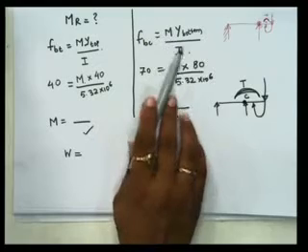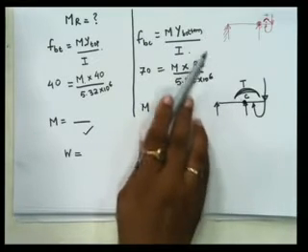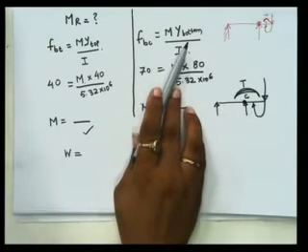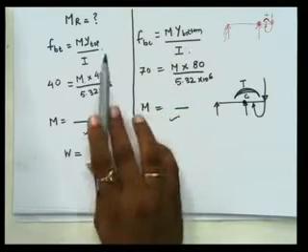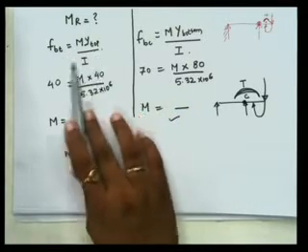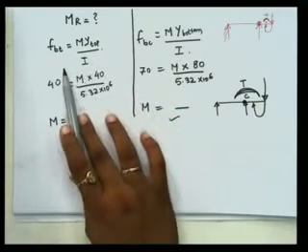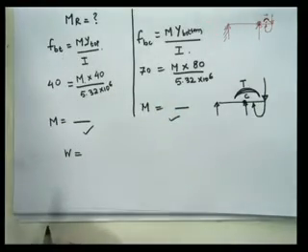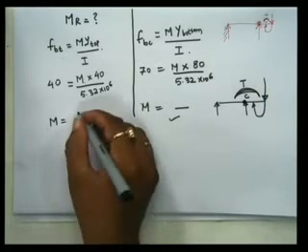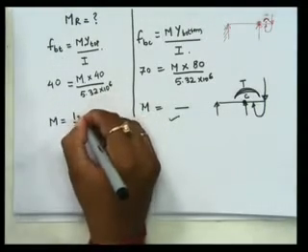Similarly, compression is at bottom. That is why I have taken what? M y bottom. Okay, so that is clear now. What we have to take? We have to take y top and y bottom, as tension is at top and compression is at bottom. Second thing is, we are getting the values. So for this we are calculating, and we are getting the value as